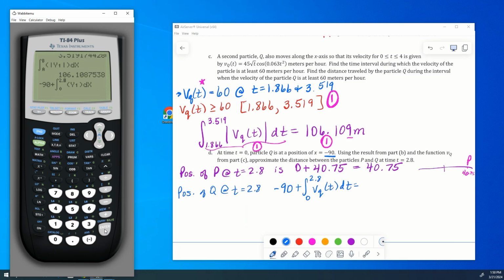And that gives me, he's thinking. Come on, calculator. There you go, brother. 45.938. And so that's where particle Q is. So he's over here at 45. So obviously the distance between them